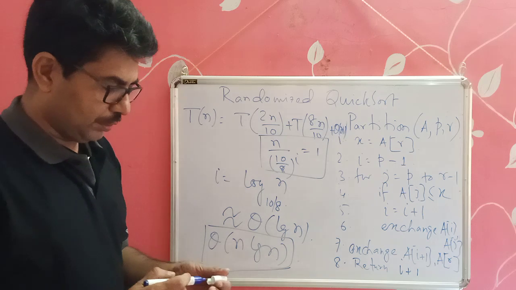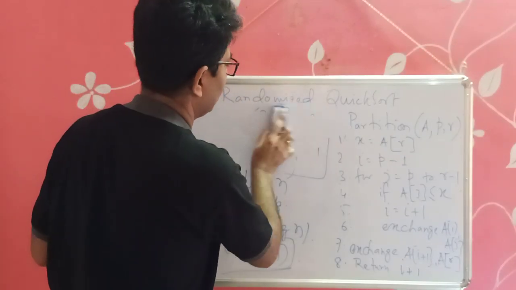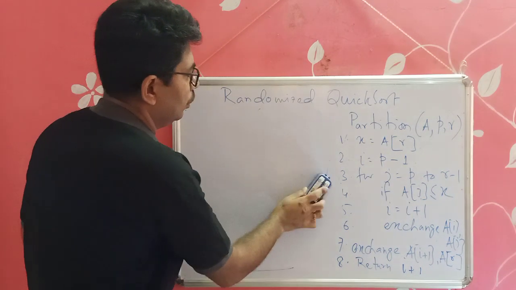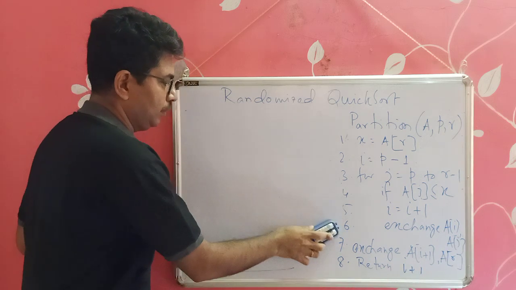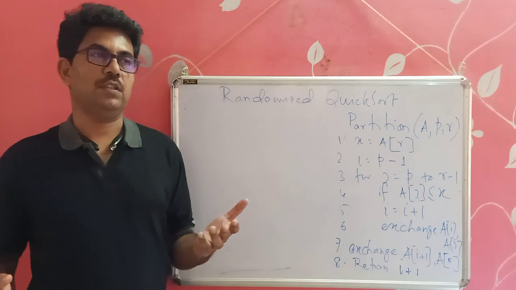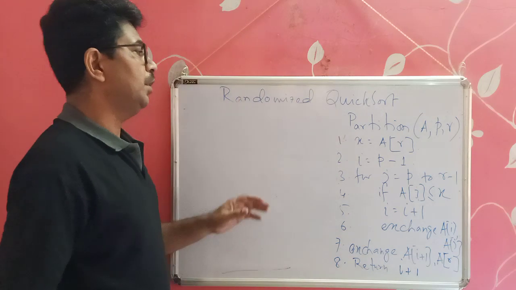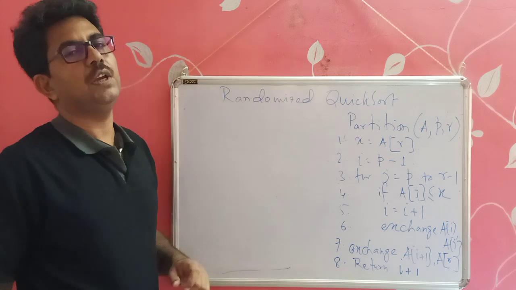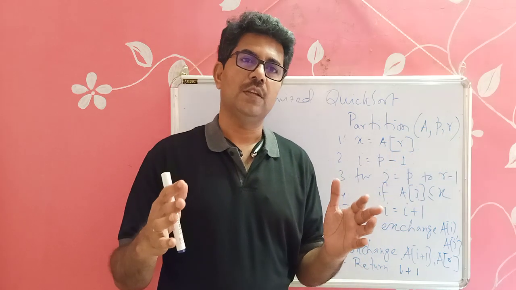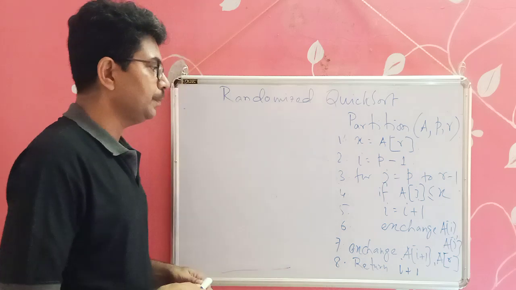Now the question is, what will be the average case time complexity? We know the best case, we know the worst case. Here we cannot say that average case means best case plus worst case divided by 2, obviously not. What is the meaning of average case? Average case means we have to consider all the different events, take the sum and divide by the number of events.